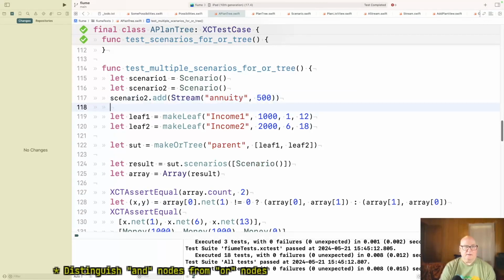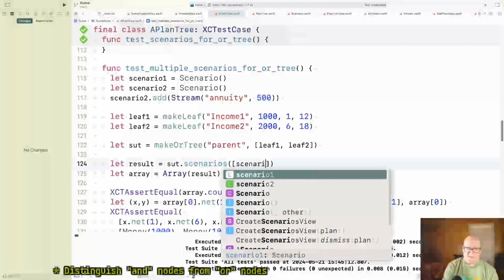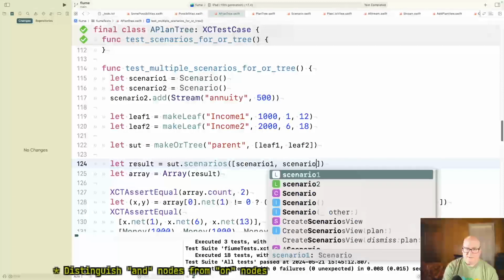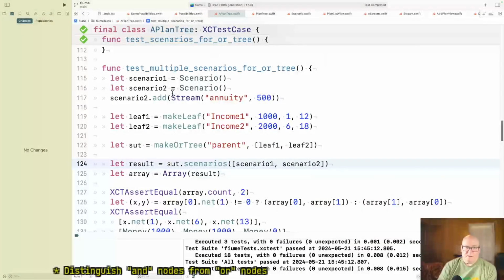And then this is scenario 1, scenario 2. Okay, so in scenario 1, we're doing a what if. One side has nothing extra, the other says we added an annuity.